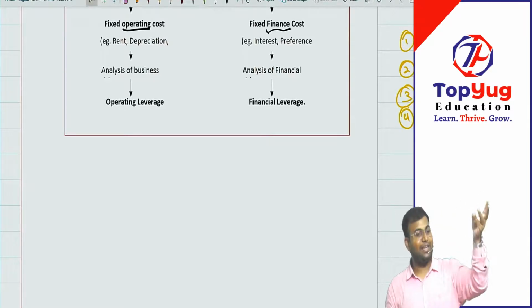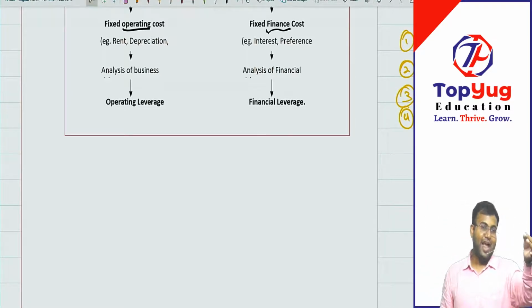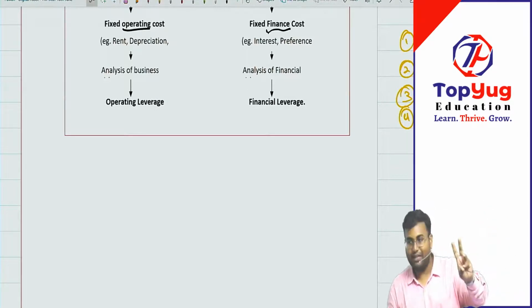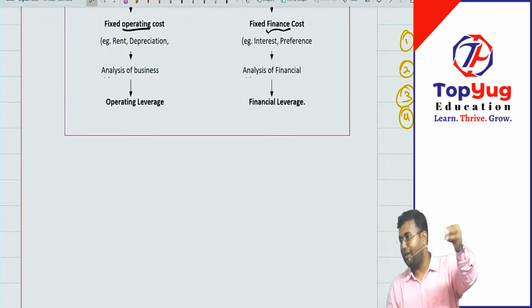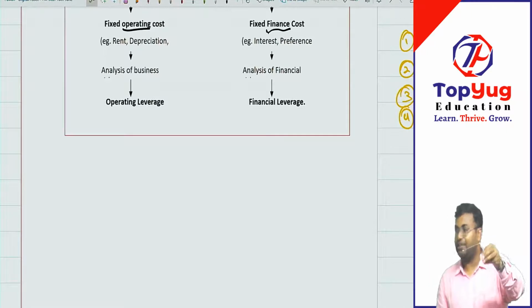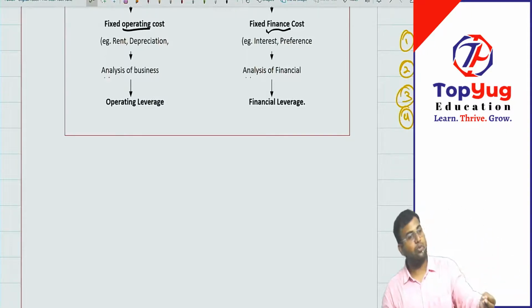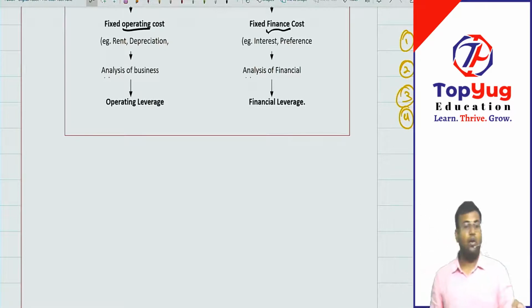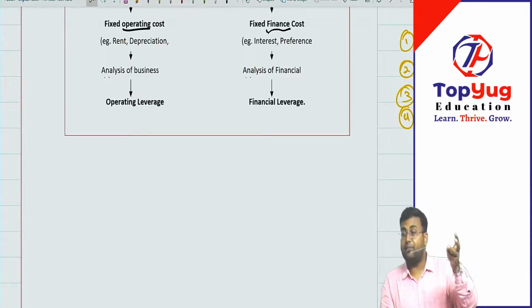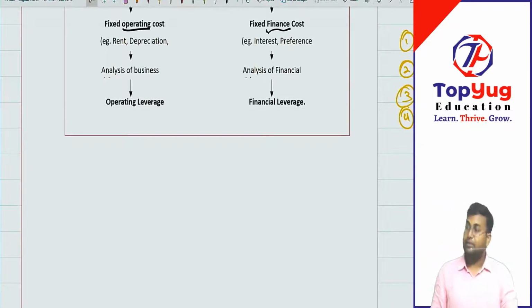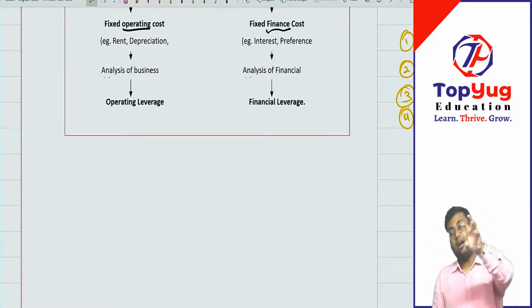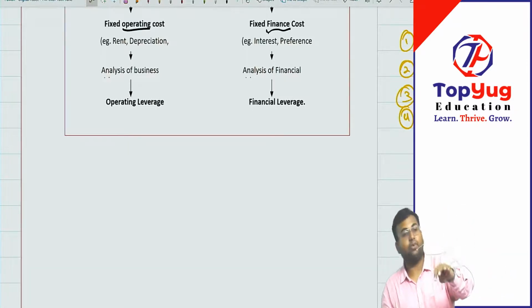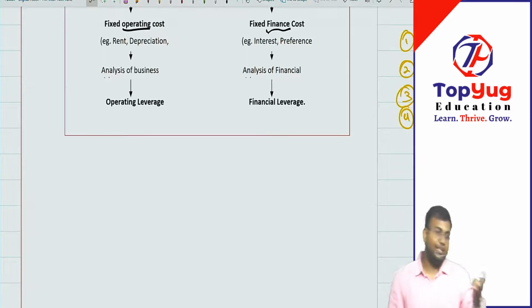It was four contents: operating leverage, financial leverage, combined leverage, and income statement. So now you know what operating leverage is: identifying operating expenses and finding out the risk involved in the operating expense, which is required in order to run the business. Now, what is financial leverage? Financial leverage is the cost associated with raising capital, to form or start the business. Then we can identify how much cost is involved, how much is the leverage.